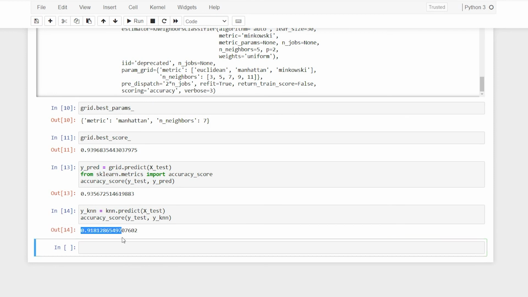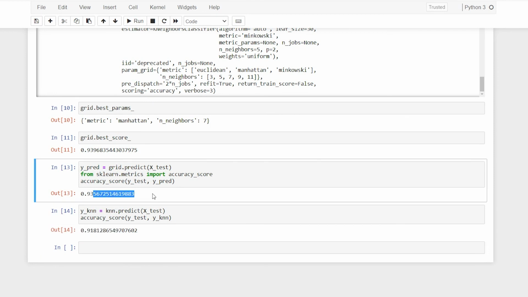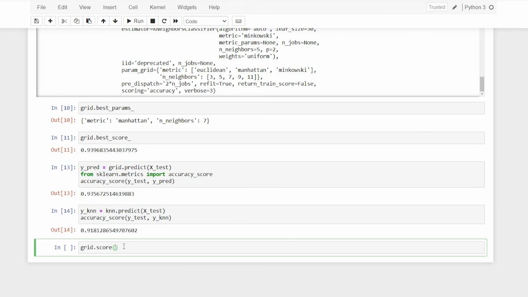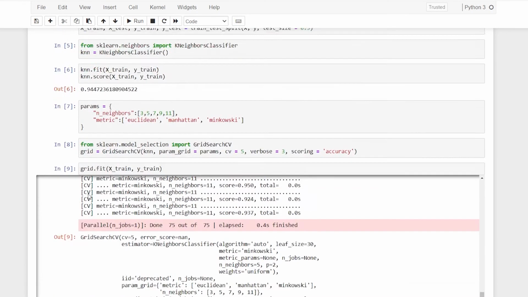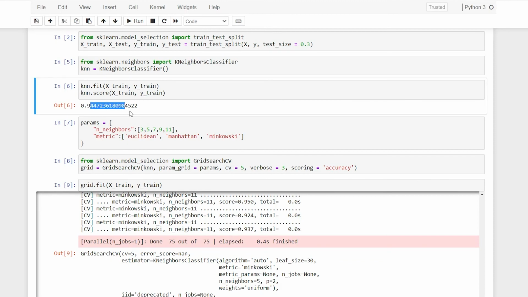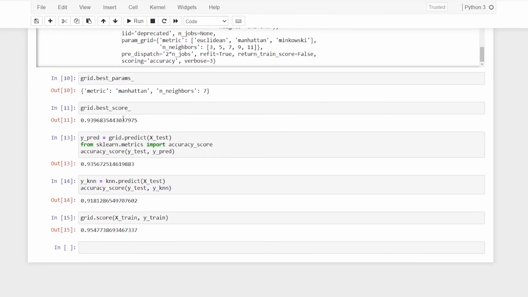So it is 91, so our grid actually wins over here. Then there is something known as score, where you can give it X_train and y_train to check the score of your model. So it says it is 95%. I would say the score is much higher than this. Alright, so it is working. So this is the way it works, and this is the grid.